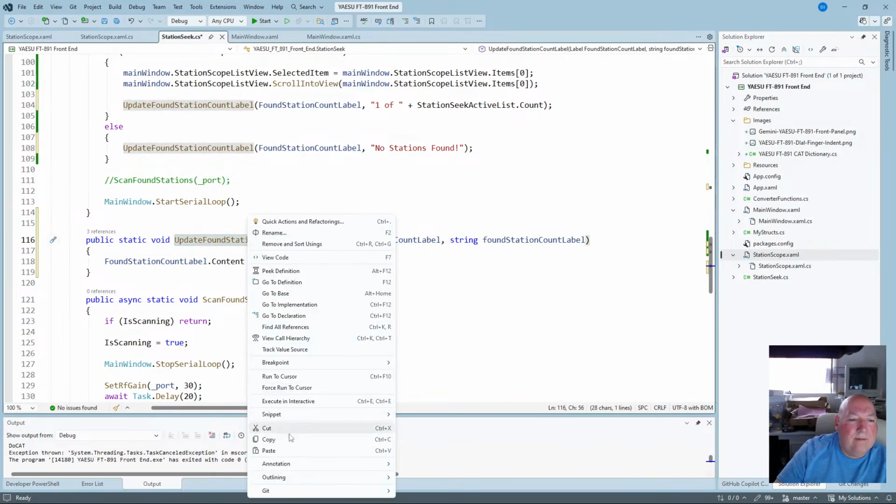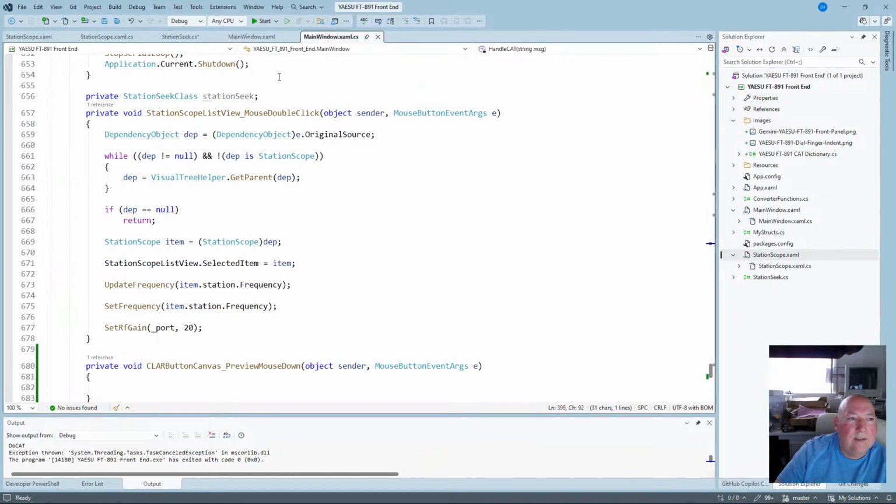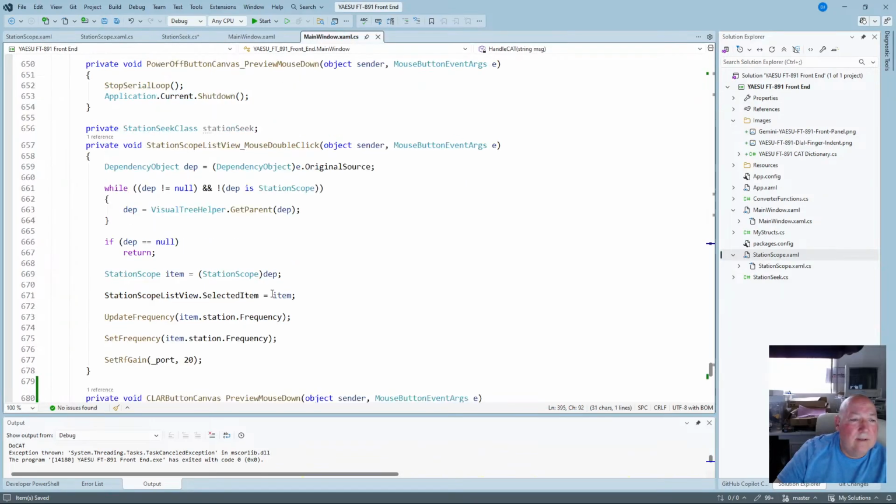Right, so let's go up here. So we're going to do it when it's selected. So when we double click on it, selected item, so we need to get the info out. And we've got the item here, that's fine. So what we need to do is select. We're automatically selecting the item, but we just need to update from the set. We update the set frequency, set the RF gain. So we need to just